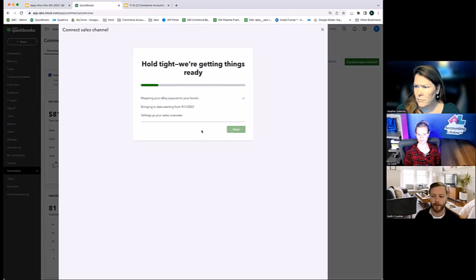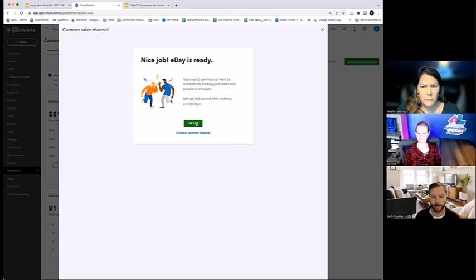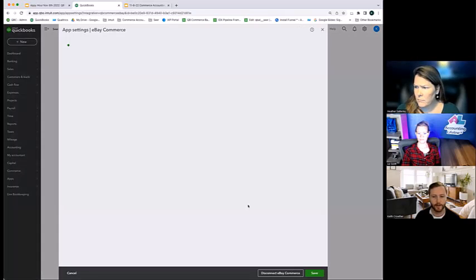And then in the background here, what we're actually doing is pulling in all of the data from eBay, going back to that date range. And we're also creating a number of different accounts. I'll go through the account creation and where you can see these settings. But we create defaulted accounts on behalf of the user. So when we go in and look at any of these accounts that have been created,